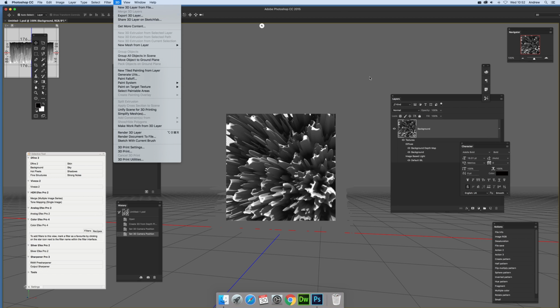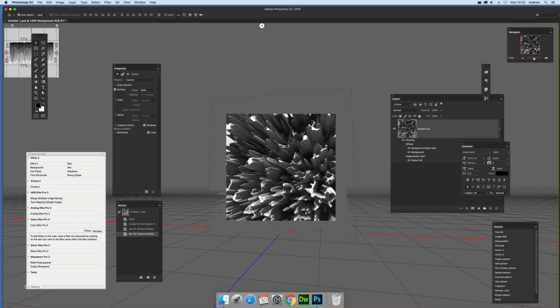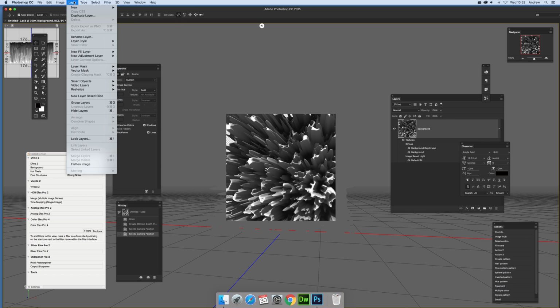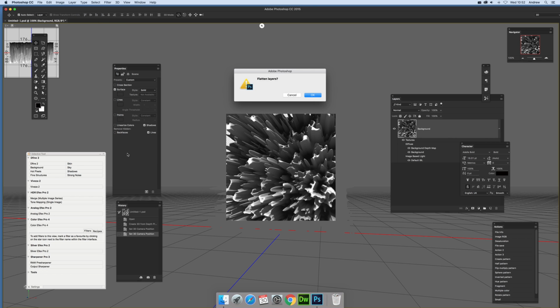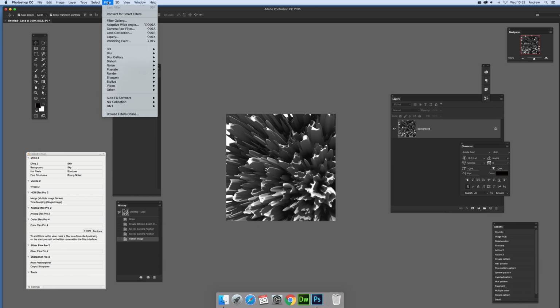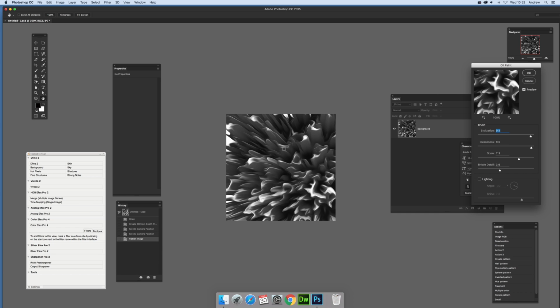But once you've actually got that, you can then, of course, move that around, change the lighting, that sort of thing. I'm not going to do that in this, but I'm just going to go to Filter and Layer and then Flatten Image. Then I'm going to go to Filter and my old favourite of Oil Paint, Stylize and Oil Paint. And you can create some very, very abstract designs just by doing this. And of course you can vary the angle and so on, using the 3D. Go back to it and obviously apply oil paint again and again, depending what angles of light